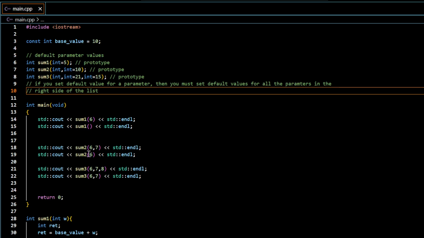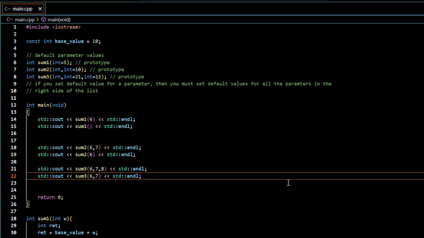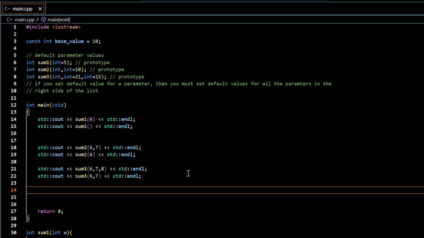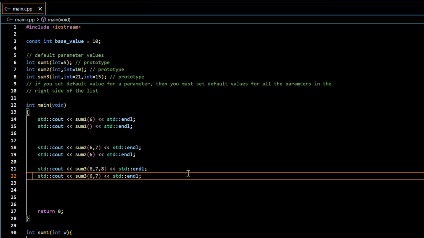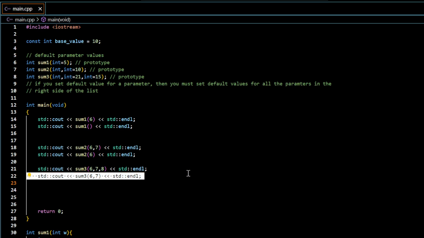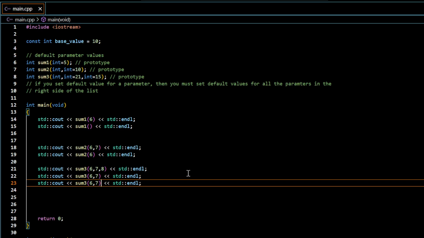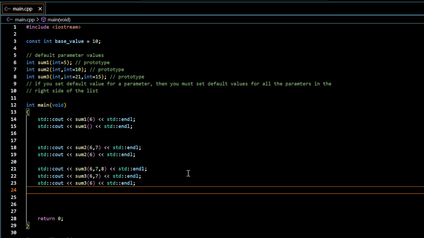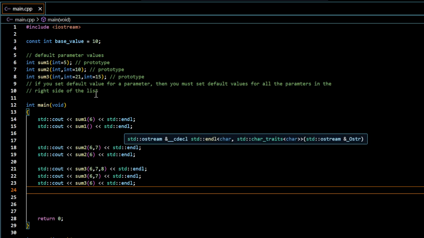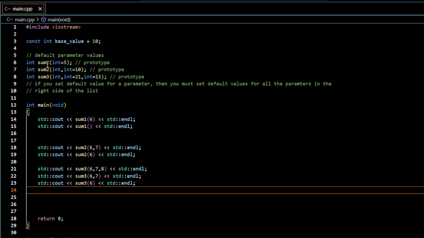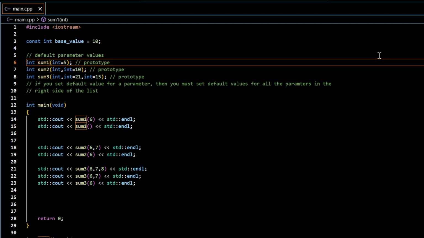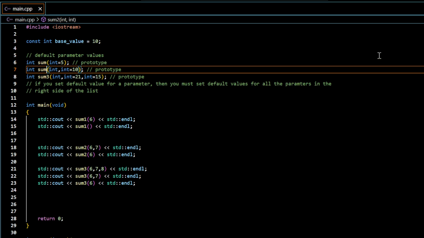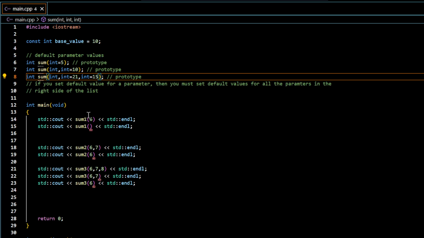And if I want to call this function here, because if I set default values for these two parameters, I should be able to call this function. So I can call this function without issue, but in case it is function overloading, for example, if all these have the same function name, and we are calling this function,